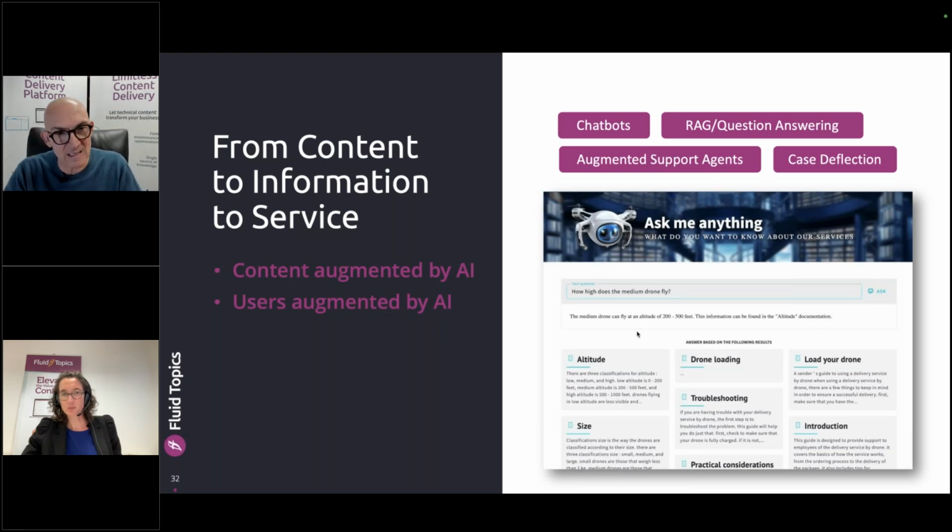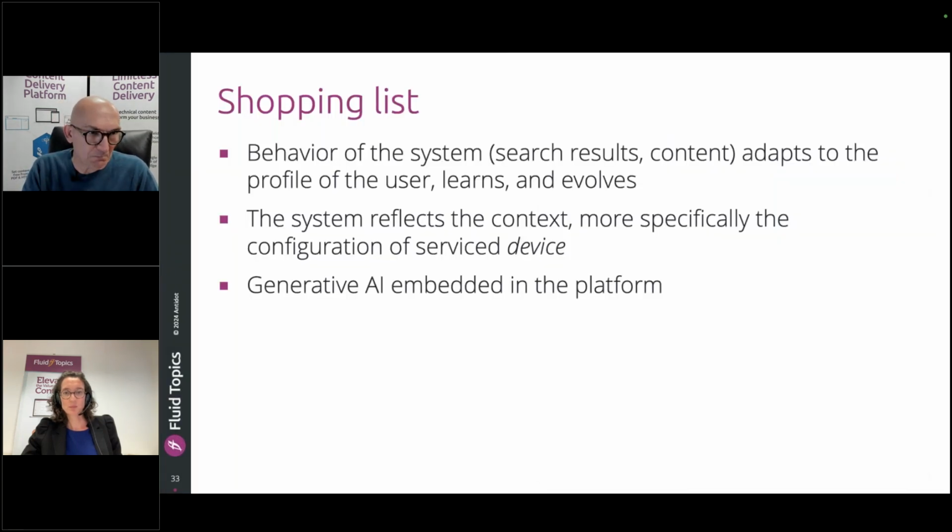So this CDP that you are shopping for, what modern CDPs like Fluid Topics bring, is really these embedded AI capabilities natively provided, so that it's not like you have content and you have to build a fully separate project where you dump the content and reload the content. The RAG capabilities and semantic search capabilities are now part of a CDP, and you can build your chatbots on top or use chatbots provided by the CDPs like Fluid Topics. So that's where we are.